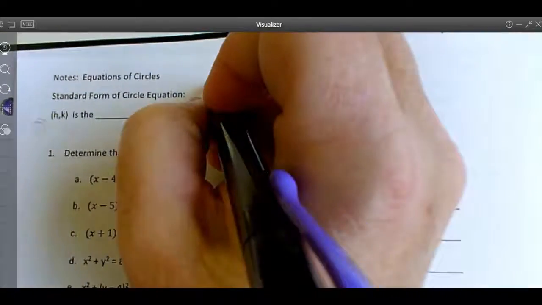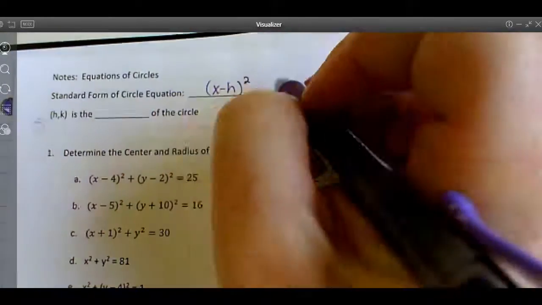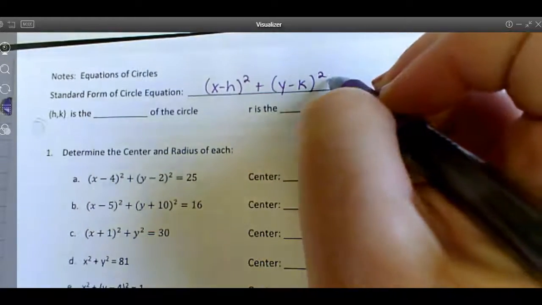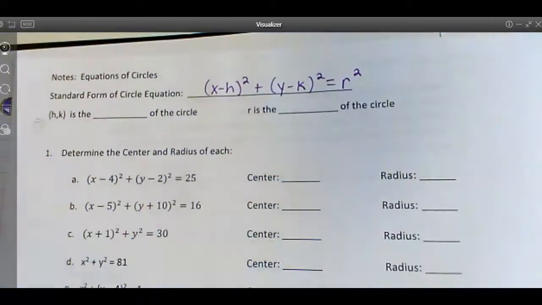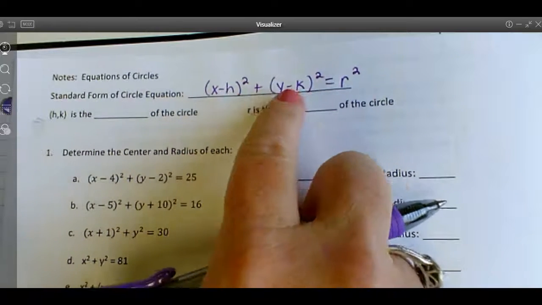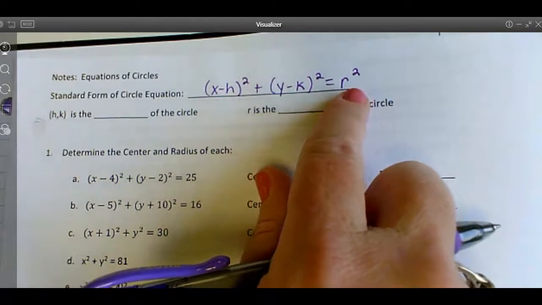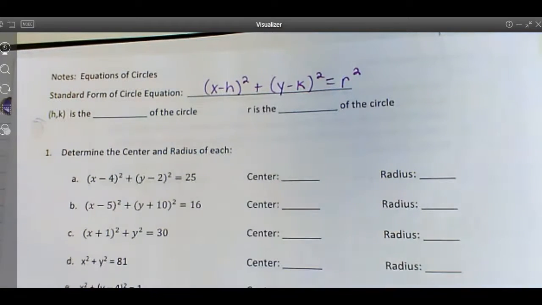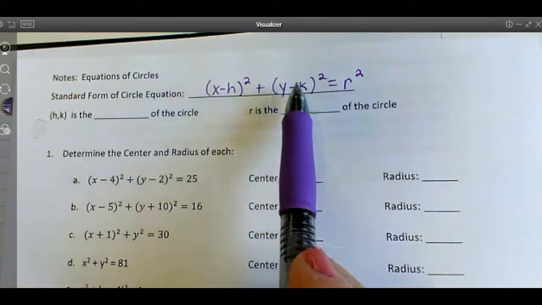So the standard form of a circle looks like this. And notice everything is squared. Also notice there's a plus in the middle. There is something that's different when that's not a plus or when things are not squared. Once your equation is written in this form,